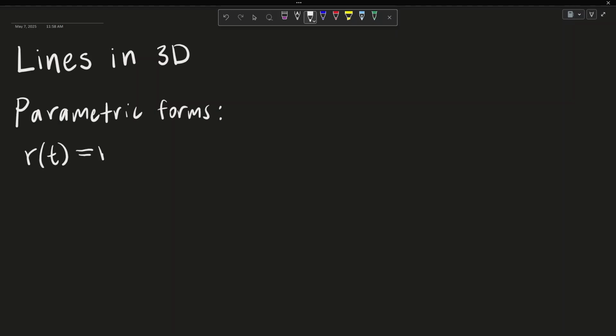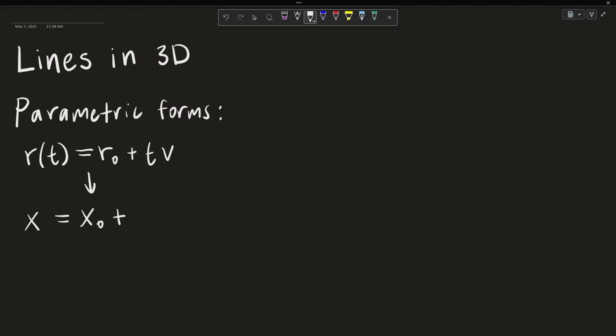And we set that equal to r naught, which is an initial position vector that tells us the offset from the origin, plus our parameter t times some vector v, which represents information about the direction of the line. And so since this is a parametric equation, we can represent r in terms of its x, y, and z components. So r of t can be broken down into x of t, which is equal to x naught